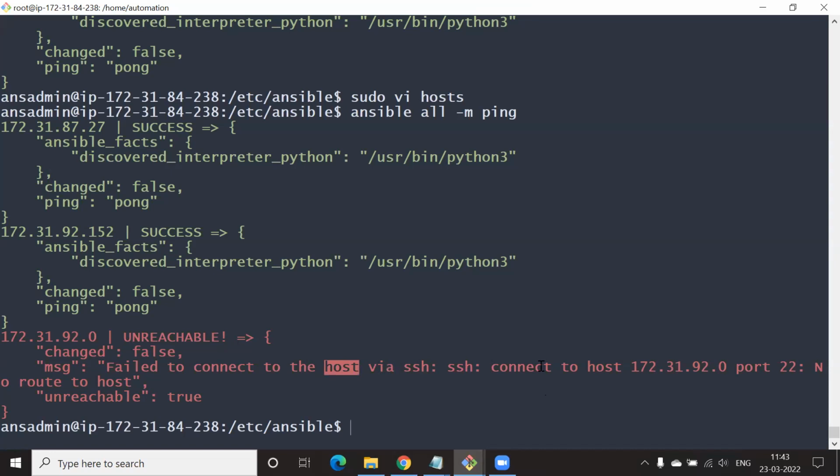Or we have done this passwordless SSH also. So in other words, we need to establish a passwordless connection. SSH keygen, then we copy the public key into that particular thing. It is not just enough that we add the host here, but we also need to make sure the passwordless connection is set up. Okay. Very good. Now go ahead and delete that one.